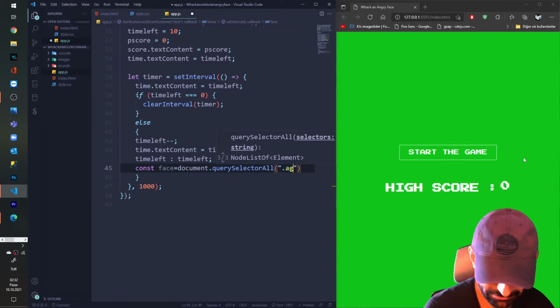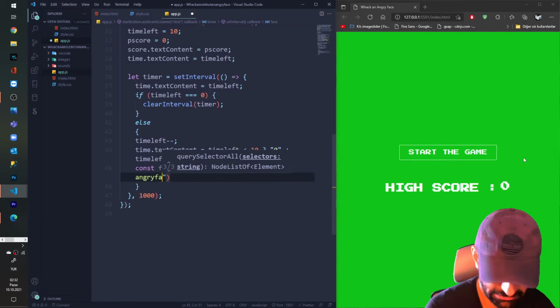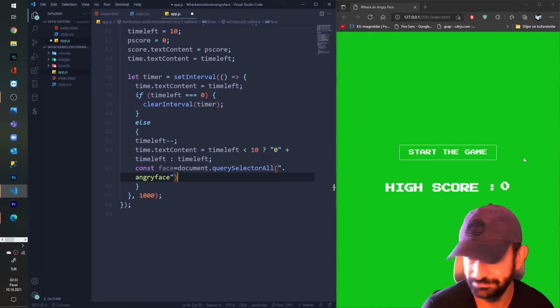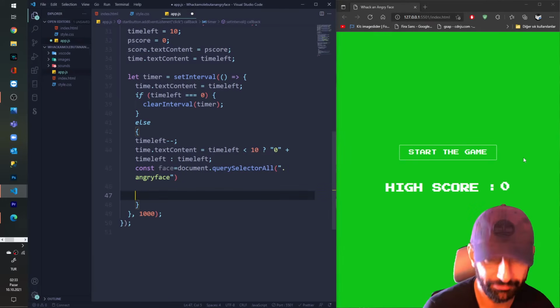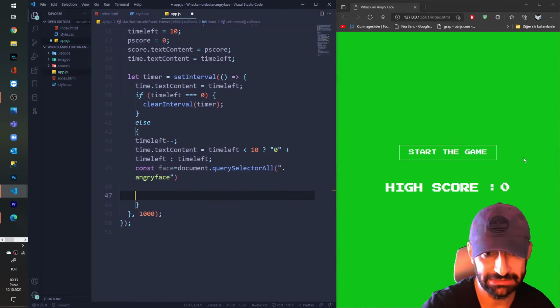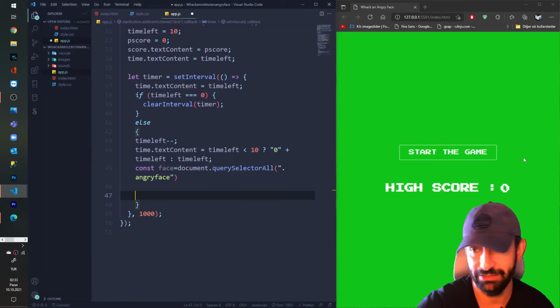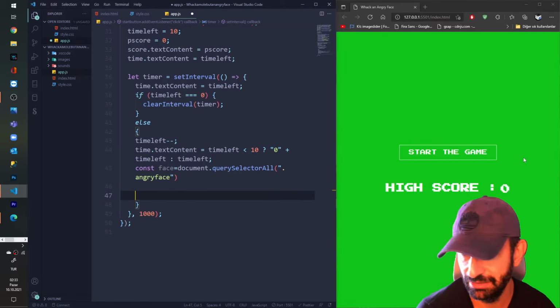Angry face, angry face, angry child. And then as soon as I grab every single face inside my main div, I'm gonna randomize. I'm gonna choose a random face inside my main whole div, and I'm gonna make this show animation and then hide animation for my face.